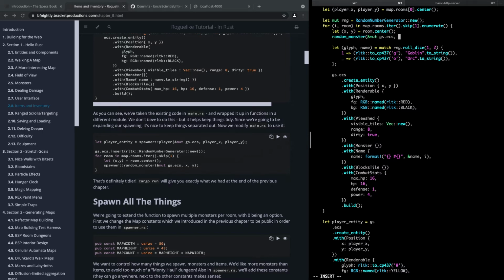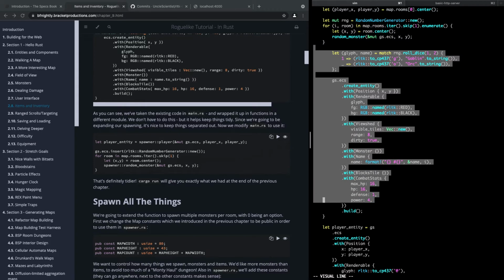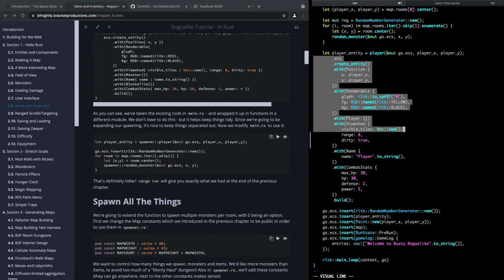GS, ECS, XY. And all of this goes away. And then the player entity is just player. GS, ECS, player X, and player Y. And all of this goes away